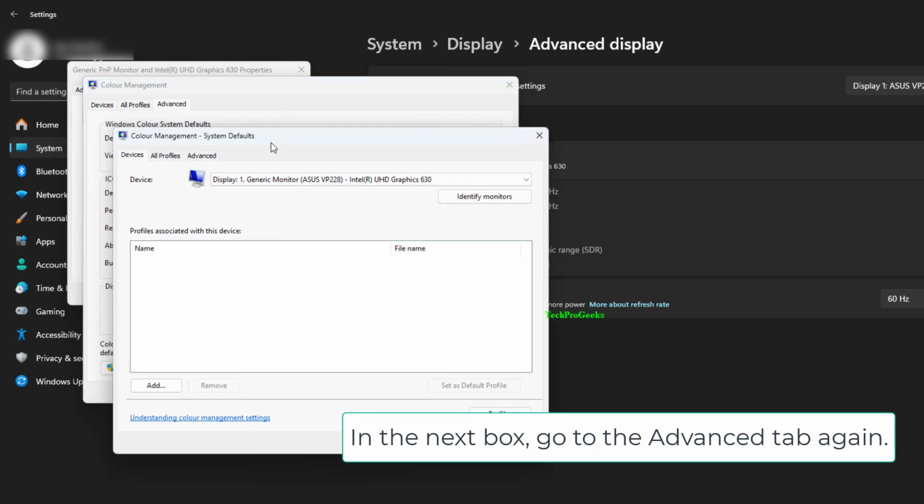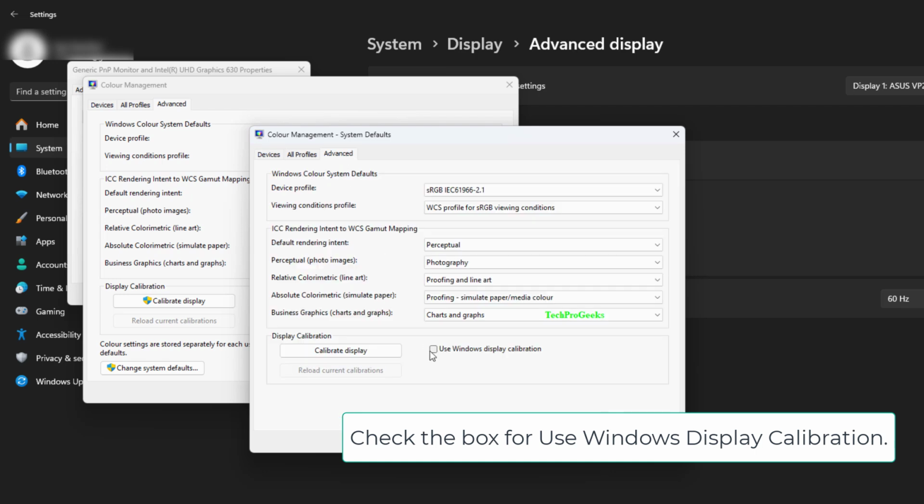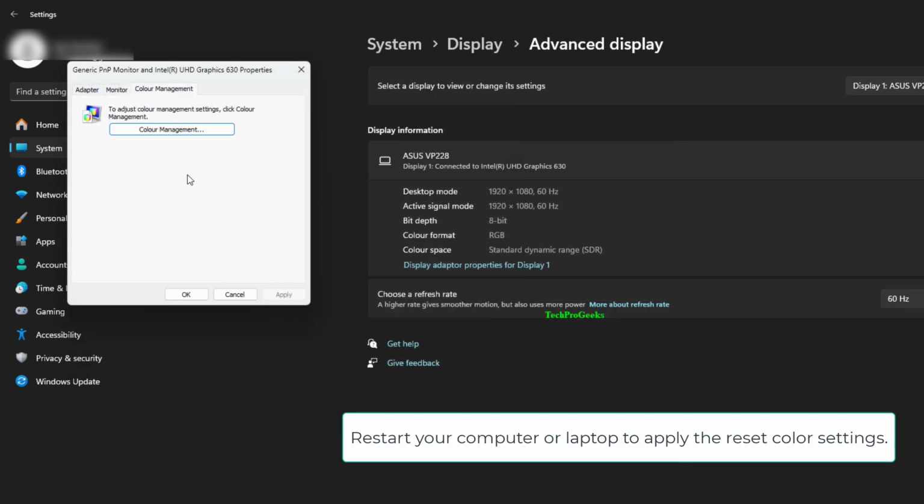In the next box, go to the Advanced tab again. Check the box for Use Windows Display Calibration. Click Close, then OK, and close all windows. Restart your computer or laptop to apply the